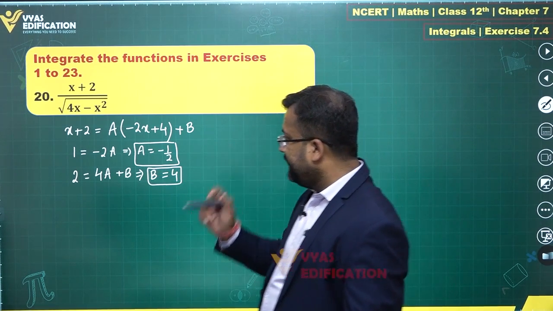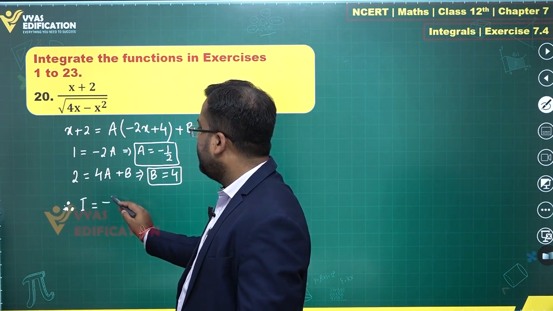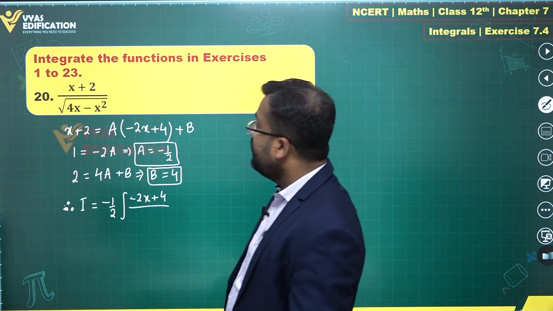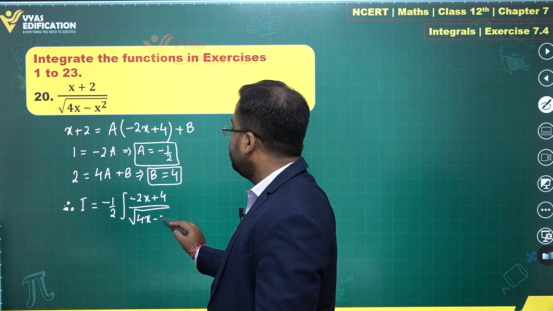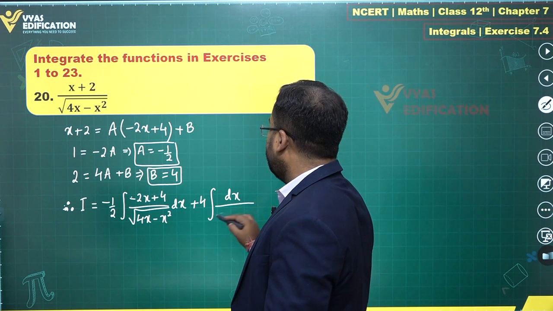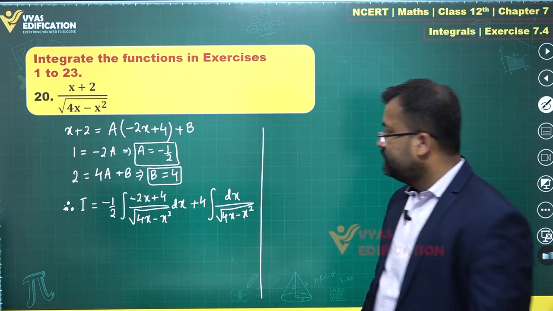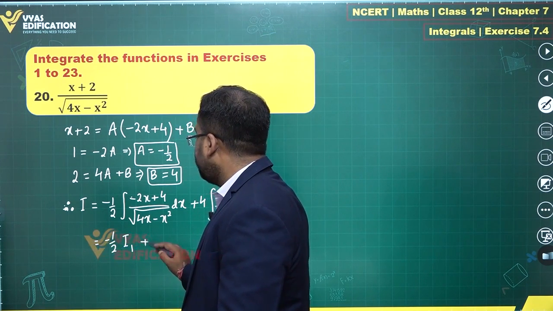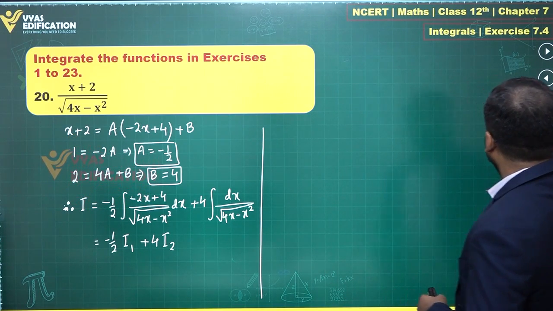Okay, so integral I will be equal to what? A, minus 1 by 2 times integral of this minus 2x plus 4 upon under root of 4x minus x square, and plus 4 times the other integral, which is dx upon under root of 4x minus x square. This is what we have, and this can be done as minus 1 by 2 I1 plus 4 times I2, where we need to find I1 and I2. So I1